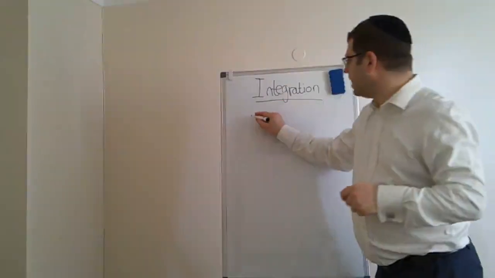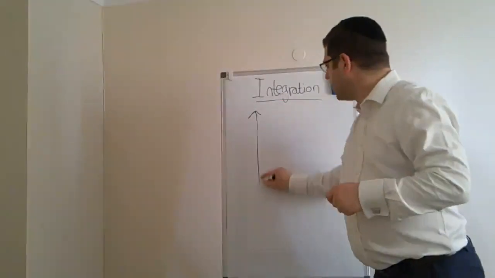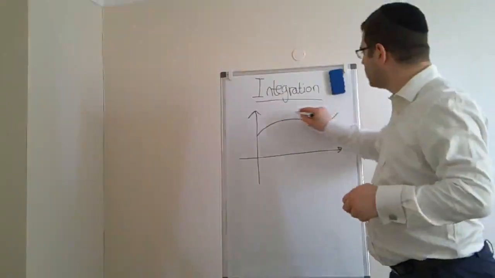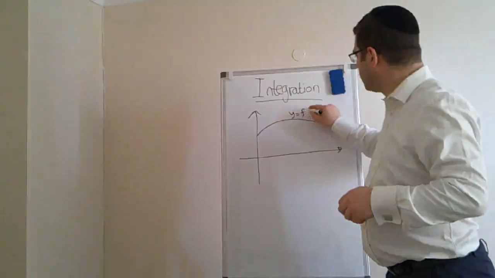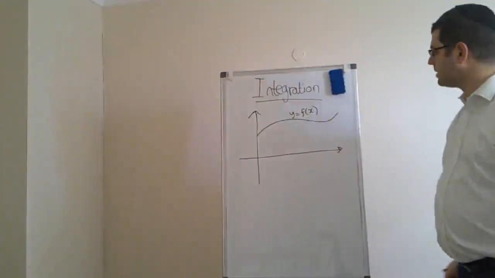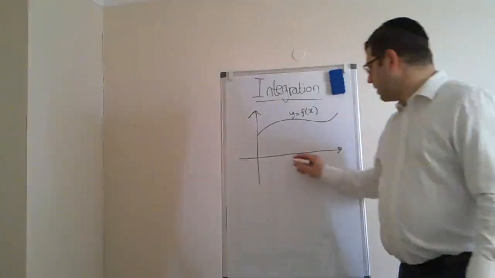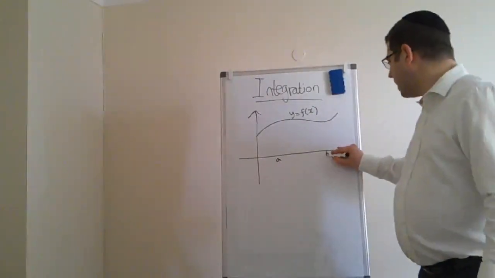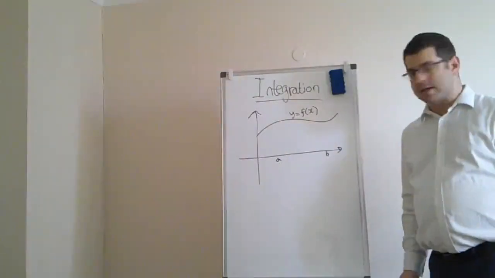So hopefully we realize that if I draw the graph of y equals f of x, this represents any graph. I've just drawn an arbitrary curve to represent y equals f of x. Now, if I choose an arbitrary point A on the x-axis here, and an arbitrary point B on the x-axis there,